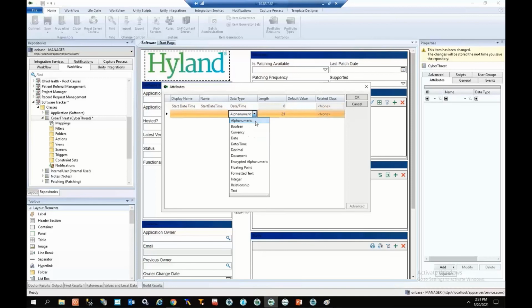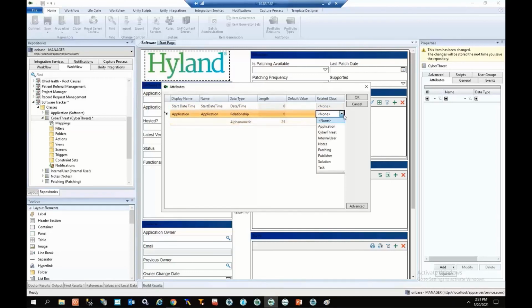And just to show the different data types that we have available, we've got alphanumeric, we've got currency, date and time. We can create a calculated keyword, a calculated attribute that's going to be dependent on other values that you're inputting into the system here. But important to this one, what would be something like a relationship back to the actual application itself. So that one-to-many type relationship, we create that right during this process here. You would select the related class as the application. And again, we would add more information here, like the end date, time,